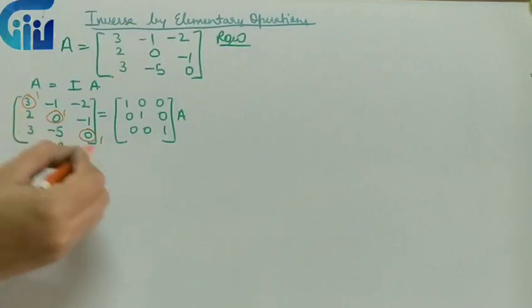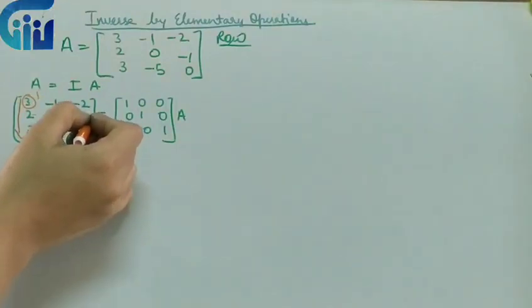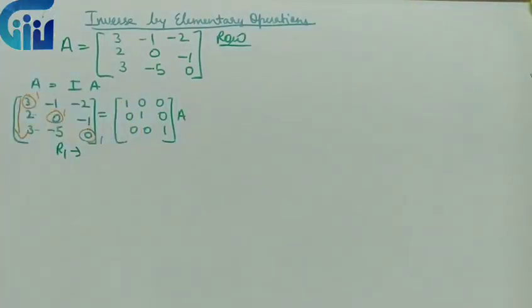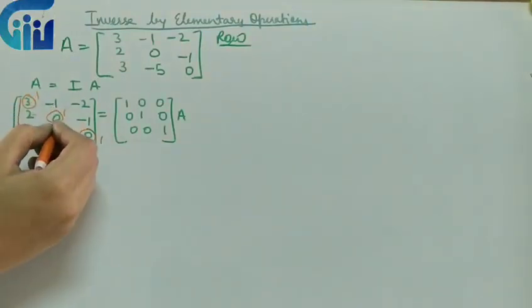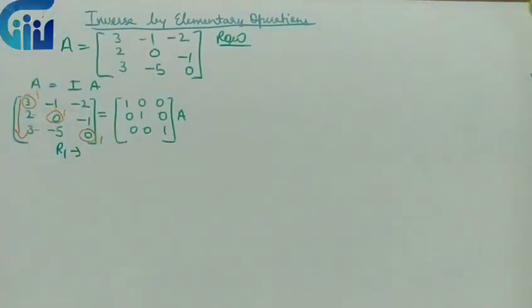First of all, whatever I have marked as 1, what I'll keep in mind is we will move like this. So first I'll make this as 1 and then these two elements as 0. Then next I'll make this as 1, these two elements as 0. Next I'll make this as 1 and these two elements as 0. So we have to make 1 first, and using that 1 we have to make the other two zeros. We will be moving column wise. So first column 1, then these two 0, then this column 1, these two 0, then this column 1, these two 0. If you follow this particular pattern, whatever terms you have changed before will not change.